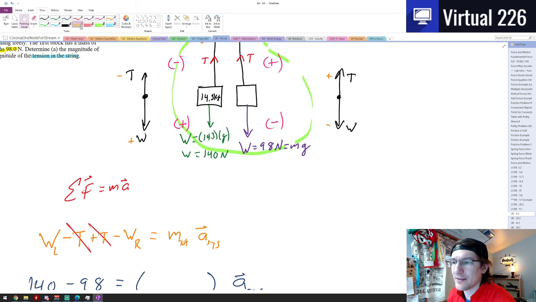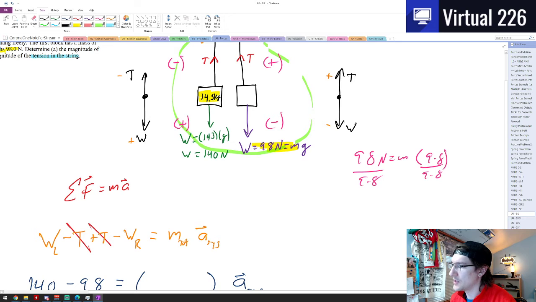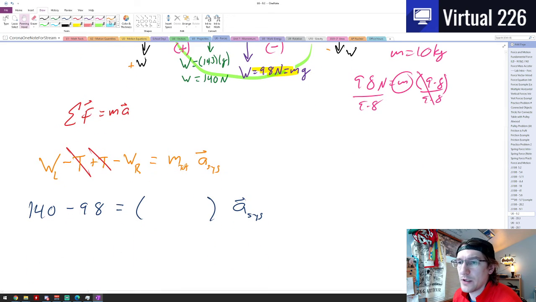Well, I know the mass on the left. It was 14.3. But what's the mass on the right? Well, I could figure it out using my weight equation. I can say that 98 newtons equals the mass times 9.8, and if you do some quick division there, the 9.8 on each side, we quickly see that the mass here is 10 kilograms. So my total mass is 10 kilograms plus the 14.3, which gives me